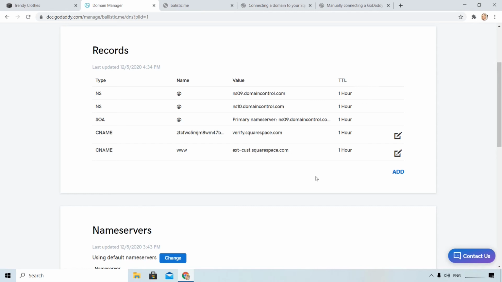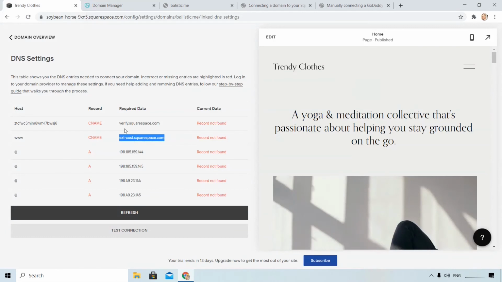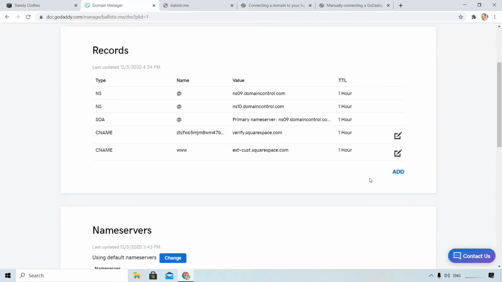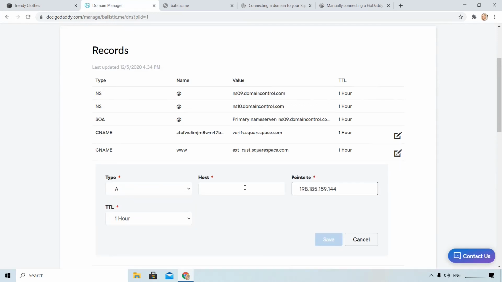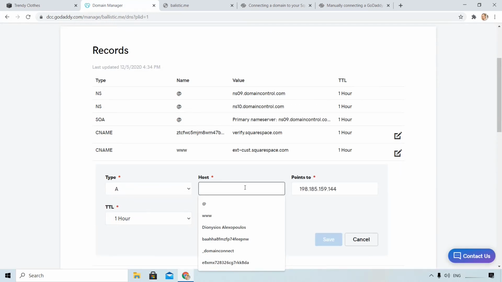I have to add 4 more A records. For an A record, we always put that symbol in host and the IP.